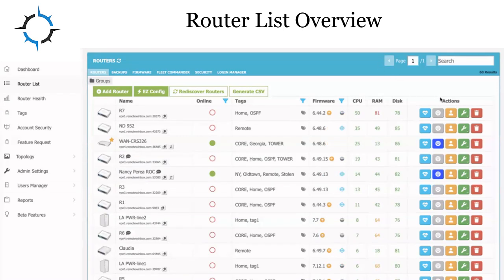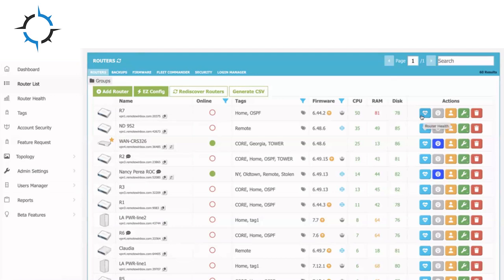Next up, let's take a look at some of the actions we can do with the buttons over here. The first icon is the heart, which is router health, and we're going to dive into that pretty deeply in a few minutes. So I'm going to skip that one for now, and the next button is to run a